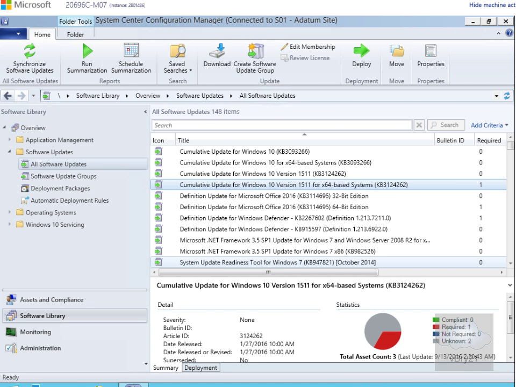In this demonstration, we're going to look at creating software update groups and also deployment packages. I'm in my System Center Configuration Manager admin console. I've come to my Software Library, I've come to All Software Updates, and what I've found here is